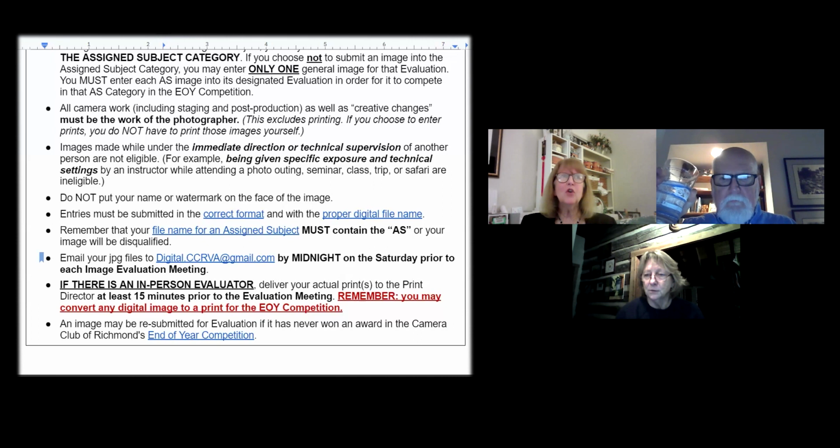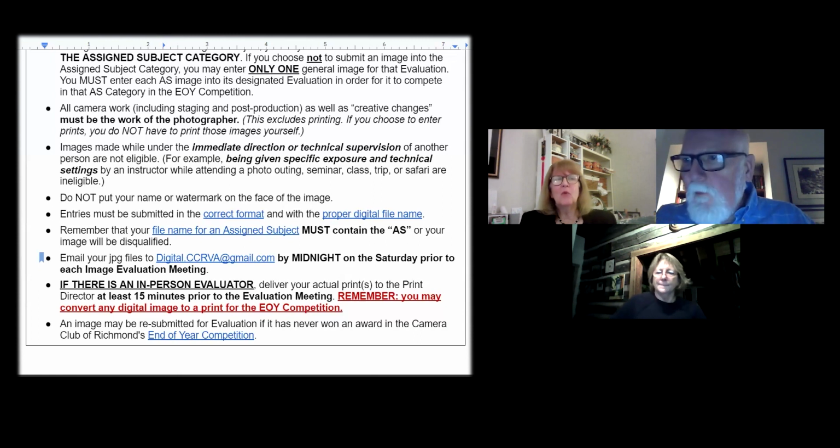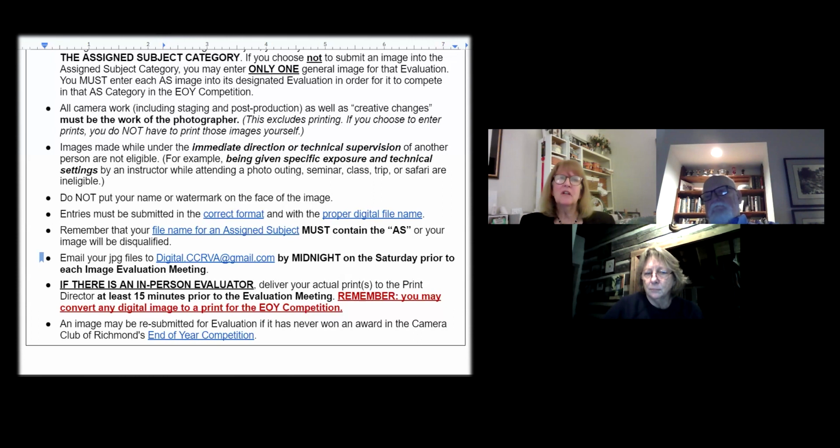It's a bit of a gray area, and the board has talked about this for years. If, say, and I went to one that Fred Morton did a couple of years ago, the person conducting it sets the model up, tells her exactly how to pose, tells you what settings to put on your camera, and says, stand here, click the button. We really don't want to see those pictures because we want to see your ingenuity, your take on it,